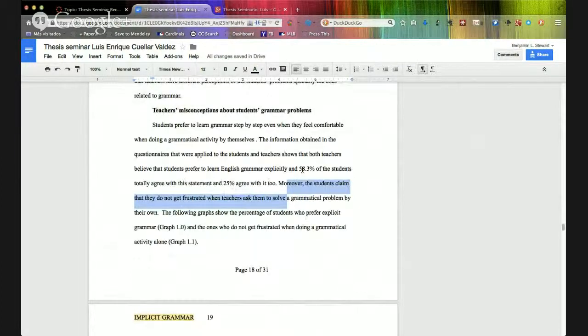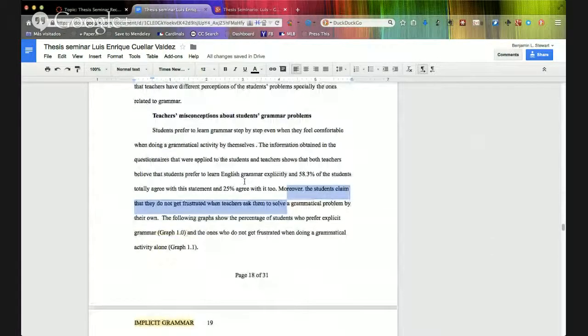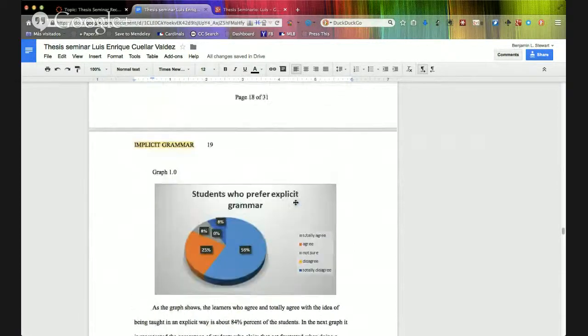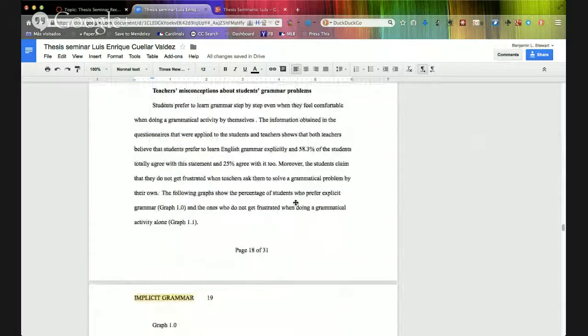Okay. I would just say that agree or totally agree? 60, what, 70, 80% agree of the students prefer that English be taught explicitly. Yeah. They see chart and here put see graph 1 or whatever. Y no pongo agree en todo, agree. Porque sí, como que contestaron. Sí, pero ellos pueden ver, okay, totally agree, okay, entiendo lo que está diciendo.